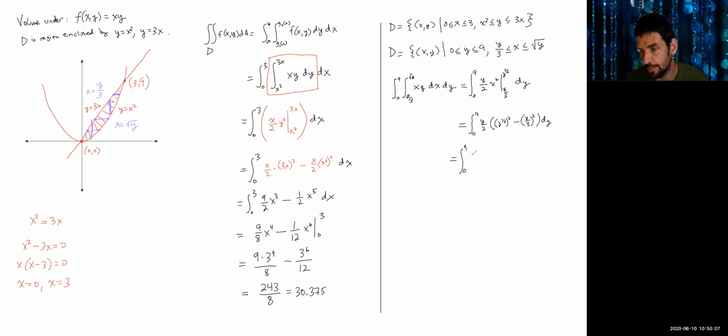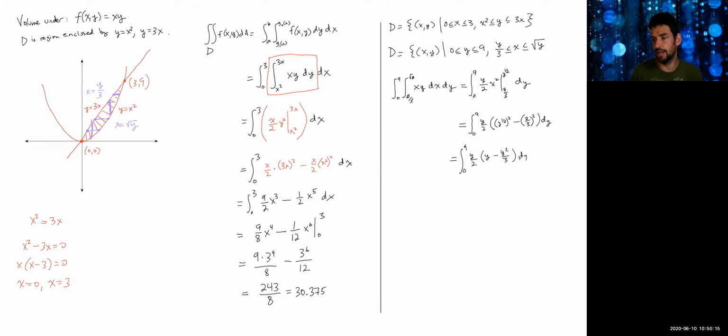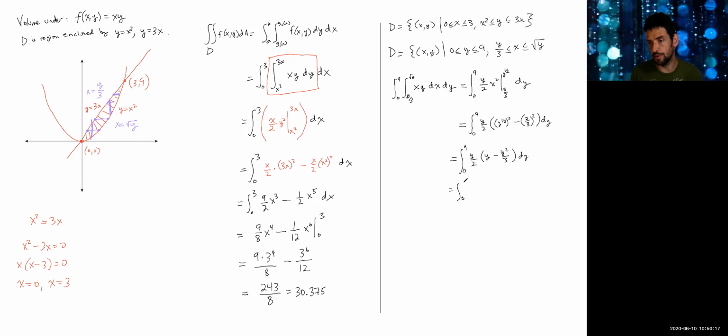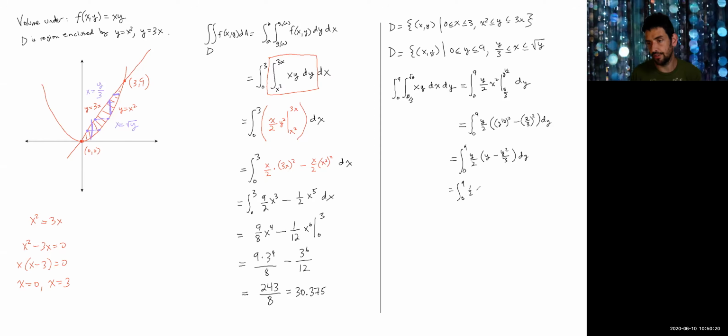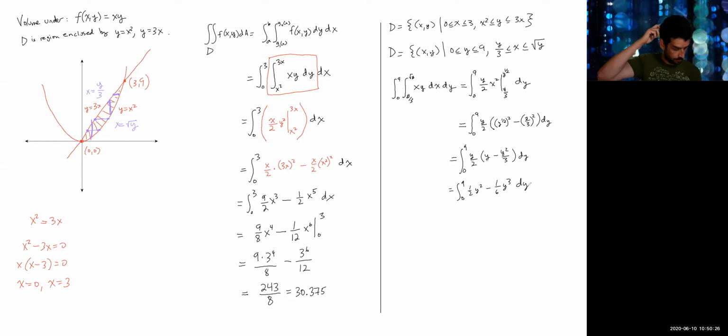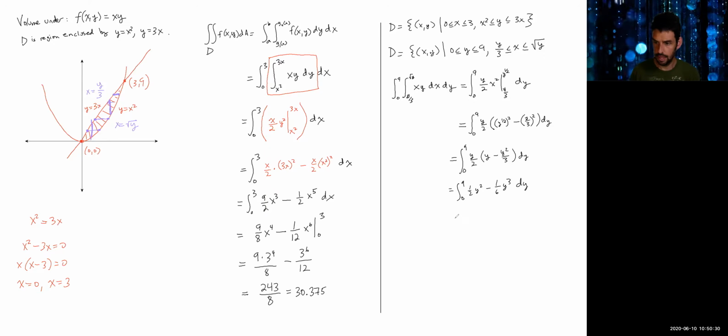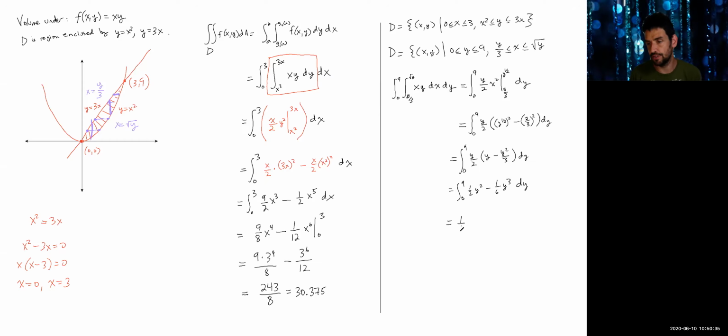Let's do some cleaning up. I've still got y over 2. Y to the 1/2 squared gives me y. Here I get y squared over 3 dy. Let's clean up just a little more. I get 1/2 y squared minus 1/6 y cubed dy. And then I can take my antiderivative. So what do I get? 1/6 y cubed